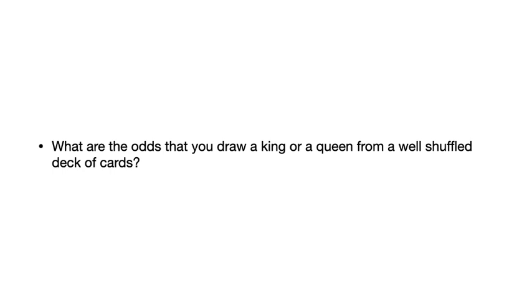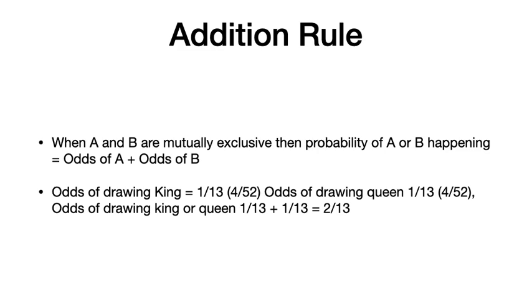So here's a question, and how do you answer this? Imagine I shuffle the cards, cut the deck, and you draw a card. What are the odds that it is a king or a queen? How would you figure that out? Well,